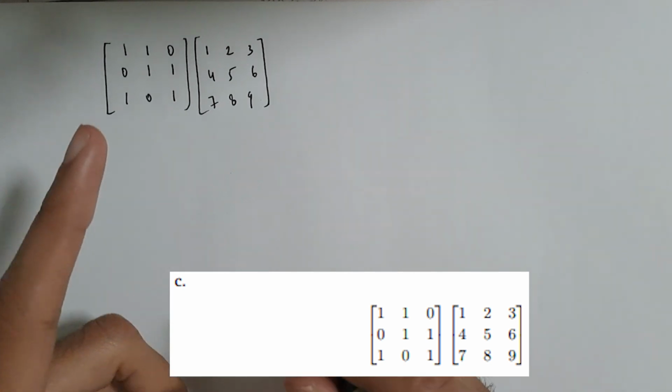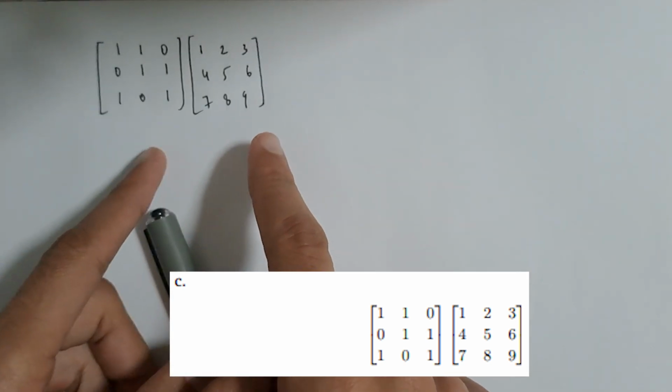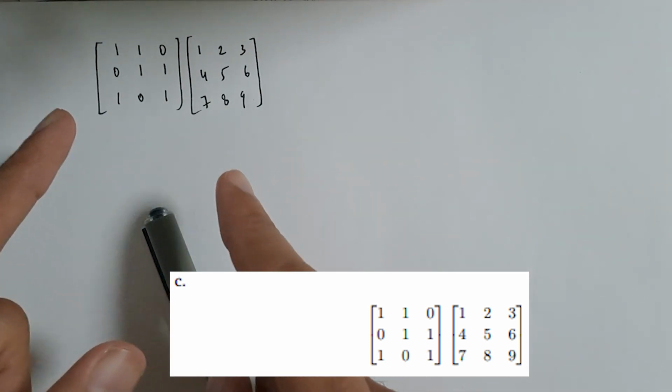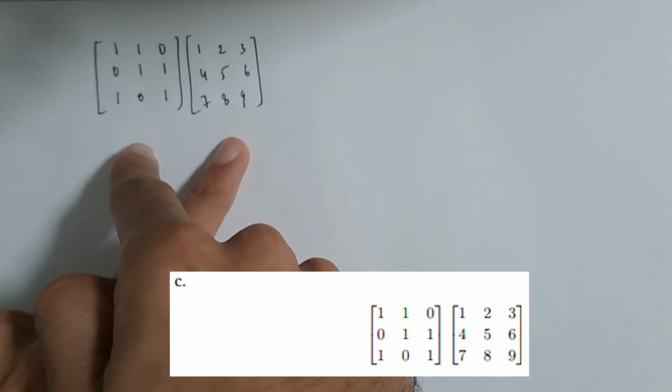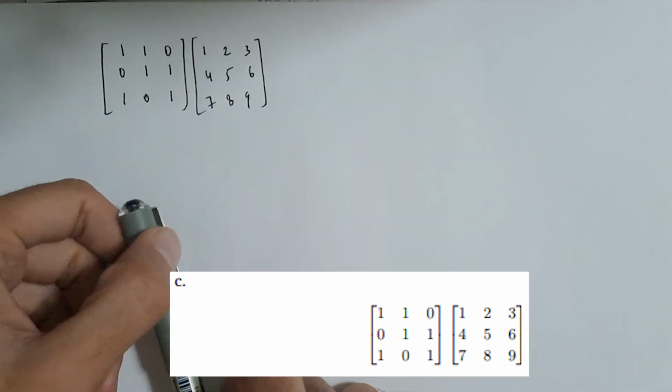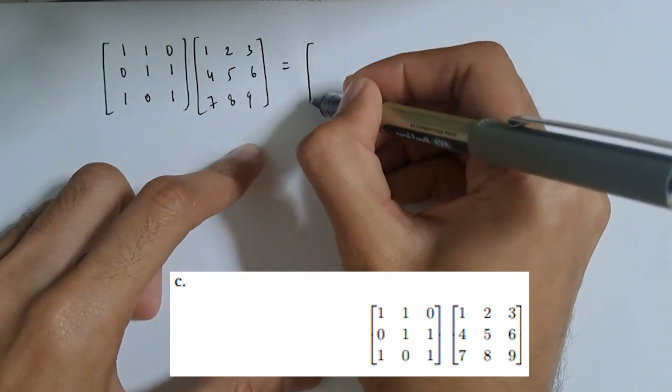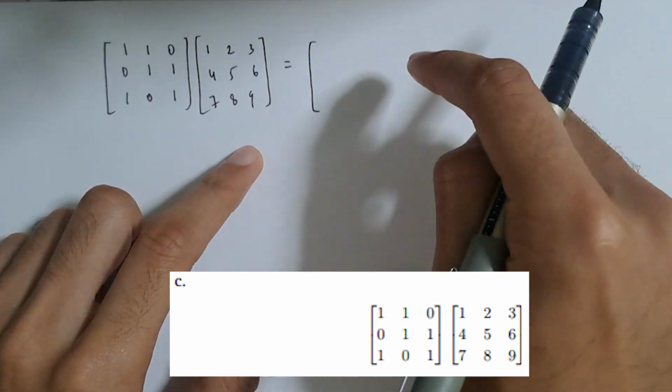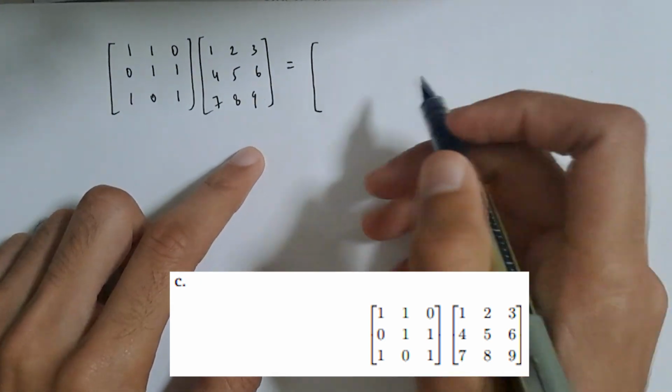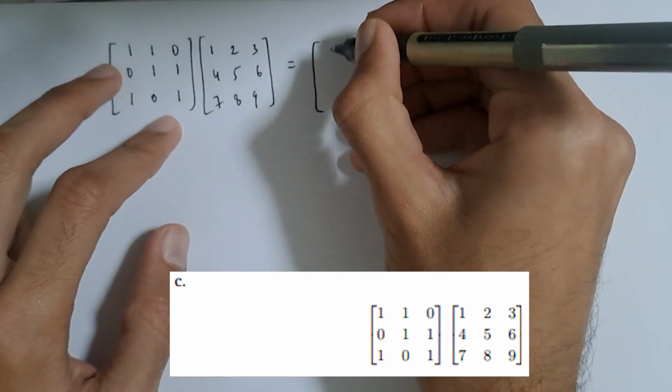And what you'll notice is that matrix multiplication is not commutative. So if you simply flip this order, the multiplication gives a different response. So last time we had a certain answer, which was 4, 3, 5 on the first row, 10, 9, 11, 16, 15, 17. If you now do this, you will find that this is 1